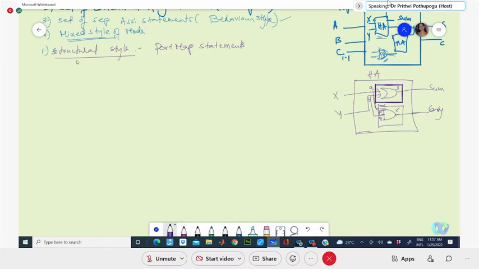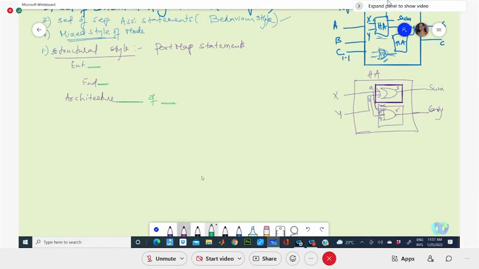So how do we write it? You begin with entity, and after declaring the entity and ending the entity, you need to write the architecture. What style of modeling are we writing? This is user defined. Whatever entity name you have taken, the same thing you have to take here.